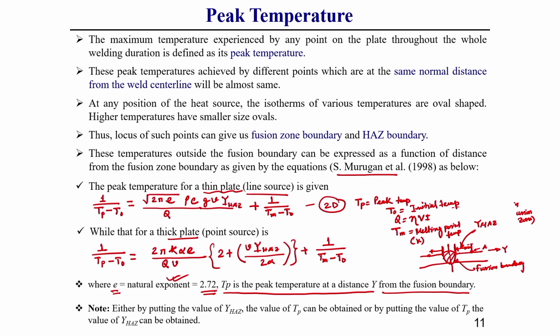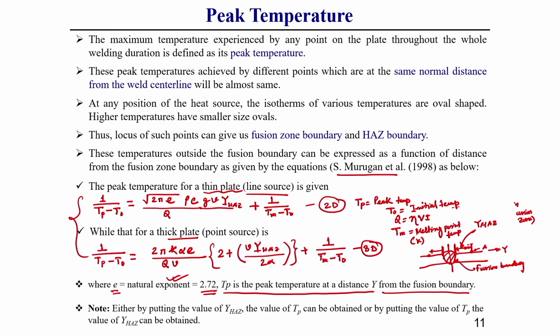So, from this equation you can get very interesting relationships, both for the 2-dimensional and 3-dimensional case. For the 2-dimensional and 3-dimensional case, you can easily predict the maximum temperature a particular point achieves throughout the entire weld plate. Now, what is the purpose of finding the fusion and heat affected zone size of a particular welding process? That you can easily find.